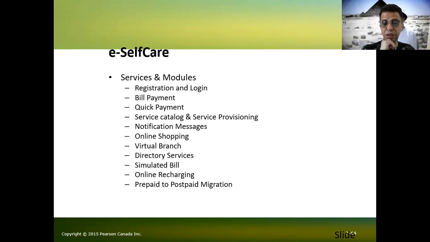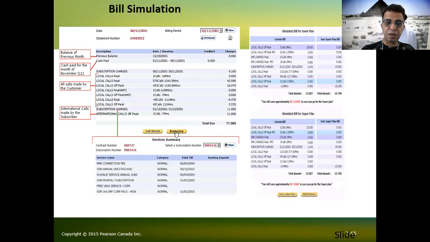virtual branches, and simulated bills. You can see your bills, and online recharge if you want to. If you have a prepaid, you can do online recharge, and prepaid and postpaid migration. You can switch between them. But basically, when you go to customer service and you're meeting with them, that's all they're looking at to understand